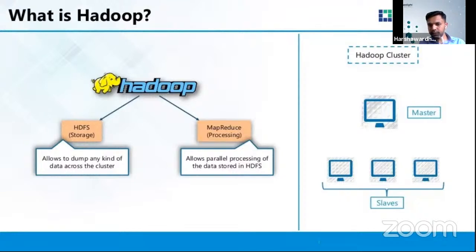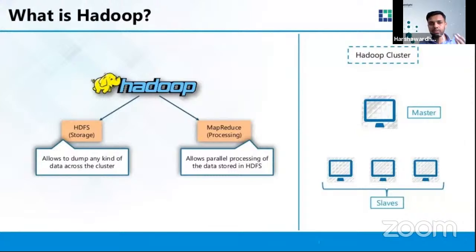On the right hand side, you can see there is one master, and then there are a couple of slaves. There can be a number of slaves. I'll just give you a quick example. Last time when I was reading the cluster size of Yahoo or maybe Google, I don't remember exactly, but Yahoo at that time was having the biggest Hadoop cluster on Earth. There were around 4,500 nodes.